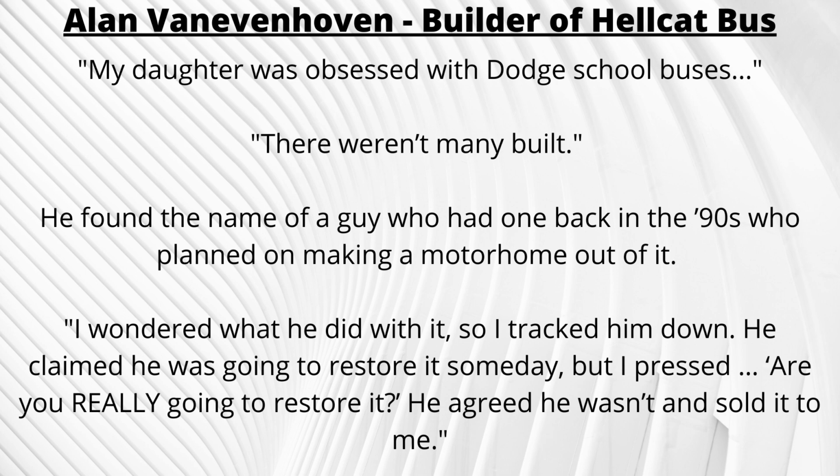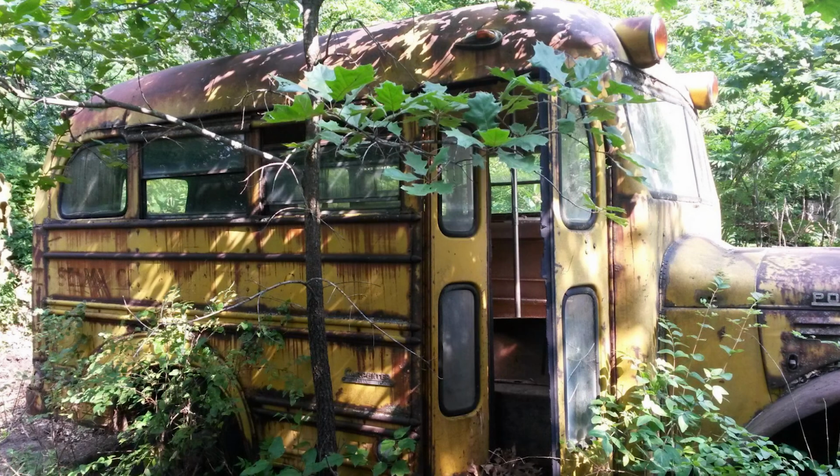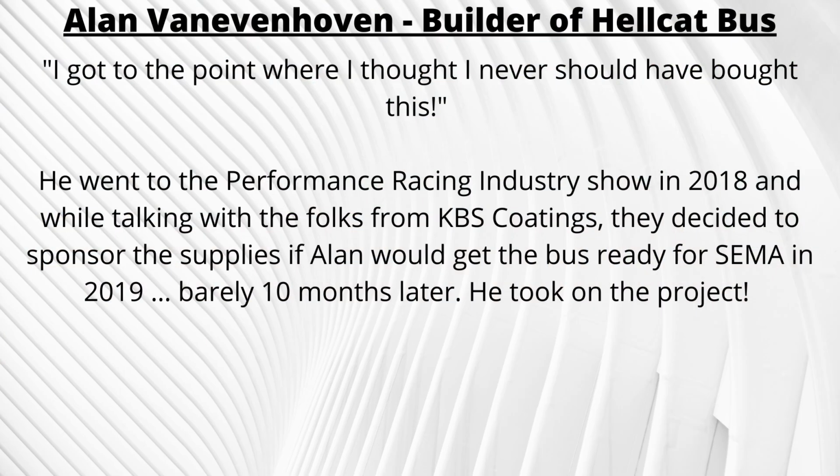As Alan said, quote, "I wondered what he did with it, so I tracked him down. He claimed he was going to restore it someday, but I pressed, 'Are you really going to restore it?' He agreed he wasn't and sold it to me," end quote. So that's how Alan got the bus. Now, it was in worse shape than he expected, so it sat in his shed for years as he regretted his purchase. Alan ended up going to the 2018 Performance Racing Industry Show, where he landed KBS Coatings as a